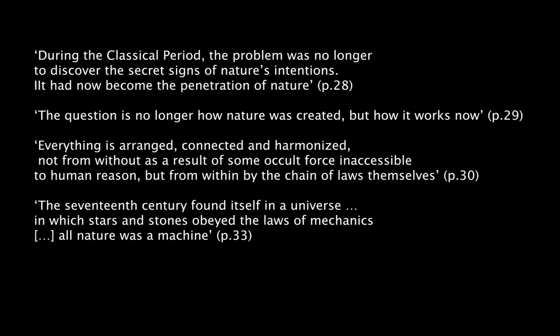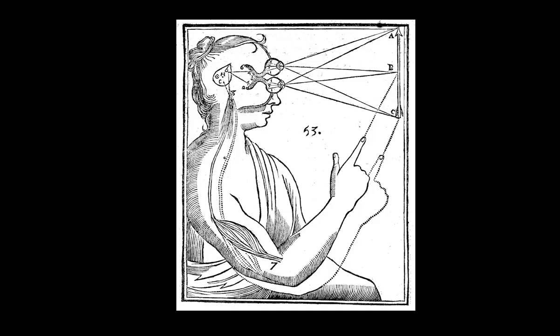Okay, so this is the kind of mechanistic conception of what is life. But importantly, at this point, life is not separated from non-life. The organic and the non-organic are not separated. They're all kind of one. So the stars and the stones obey the laws of mechanics, just as an animal or human did. The big separation, obviously, with Descartes, the Cartesian dualism, is between mind and matter, or between the human soul, or whatever it is. That's what distinguishes humans, not the fact that they're living beings.